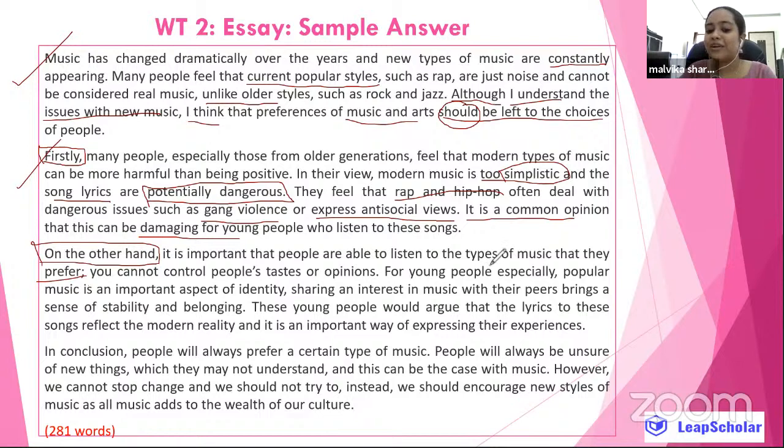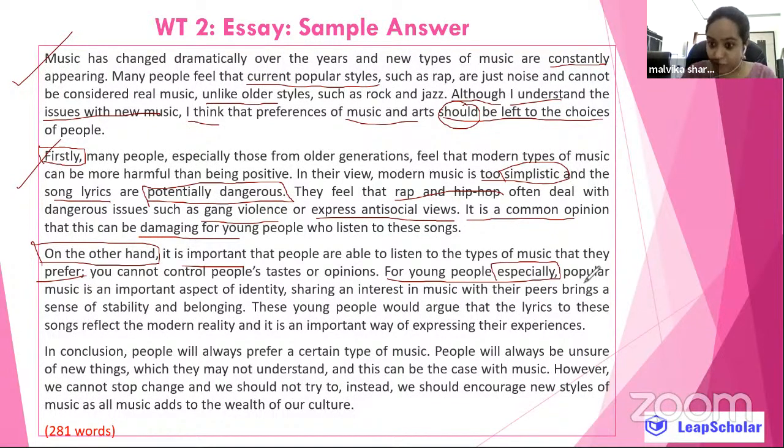People are able to listen to the types of music. It is important. Yes, it's choice that they prefer. You cannot control people's taste or opinions. For young people, especially, so it did say that it has a positive impact on the young minds, the second view. So see, for young people, especially,